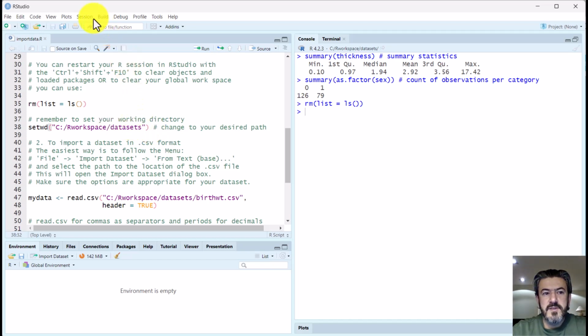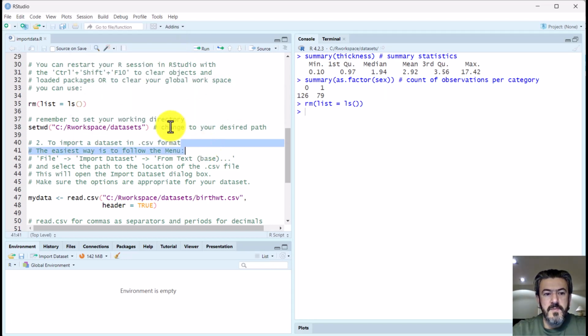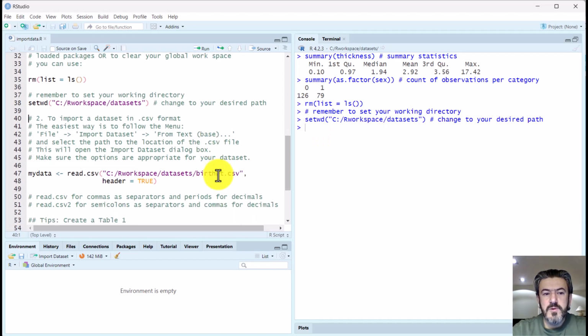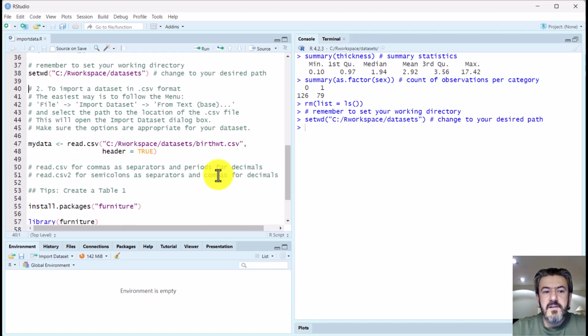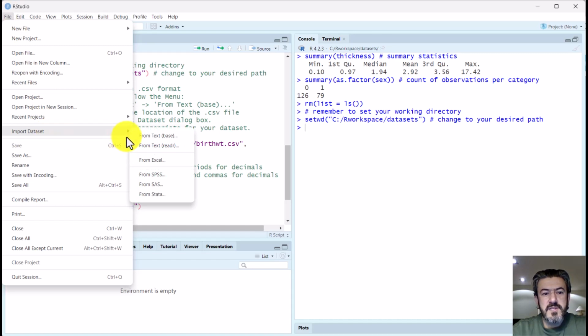And I can define my working directory. Remember that you can do that using the menu Session, Set Working Directory, and then you choose the directory where you want to work. In this case, I have already set my working directory, and now I want to import a .csv file into R. The easiest way is to follow the menu. You click in File,